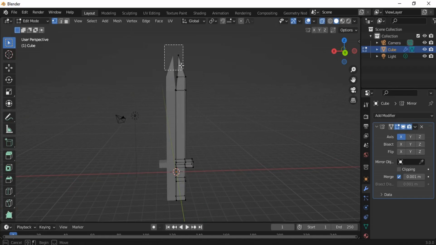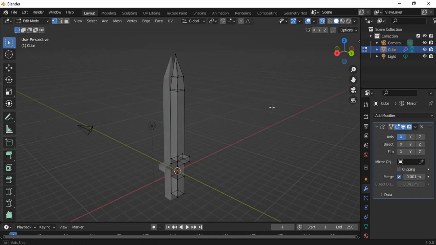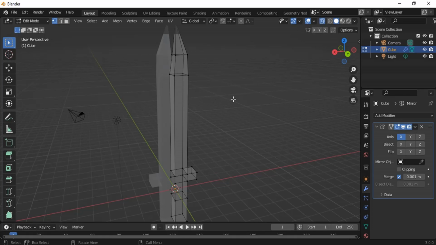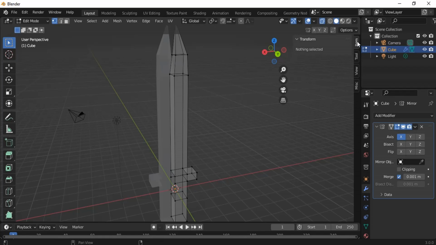Okay, need to adjust the points into this one. So press 1,